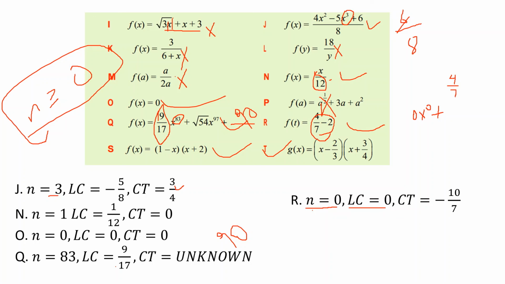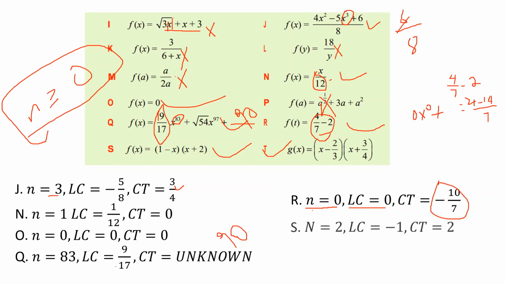minus 2, which is equal to 4 minus 14 over 7, which is minus 10 over 7, a constant